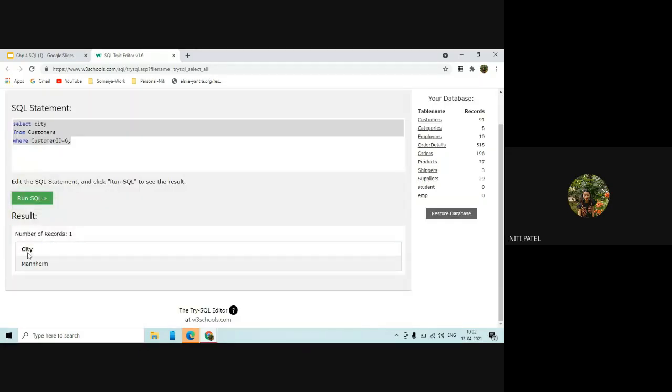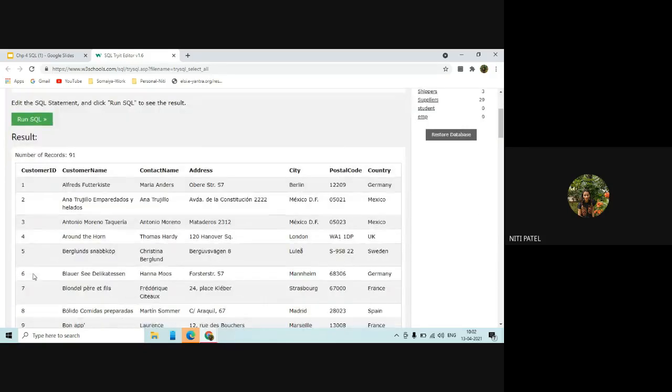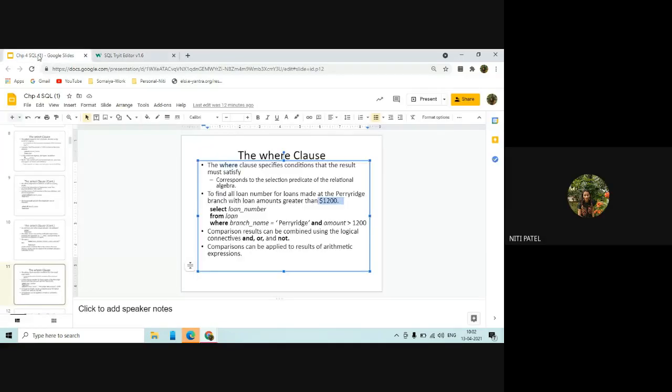So where the ID is 6, what is the city? The city is Mannheim. Okay. Can we go and check this? Let us check. Go to the original database, come to ID 6. ID 6 ka city is Mannheim. Understood? Yes, ma'am. So have you understood what this where clause is? We are supposed to write the condition. When the output is displayed, first the condition is checked, then the columns are selected, and then it is selected from the respective table. Are you understanding? Yes, ma'am.